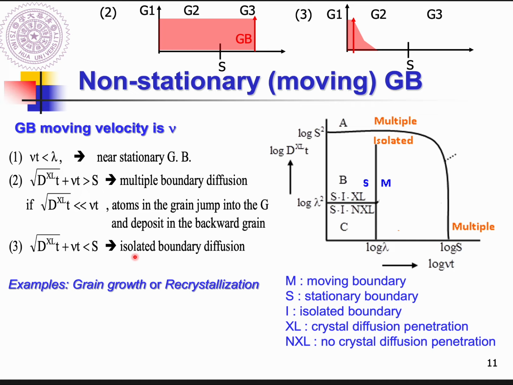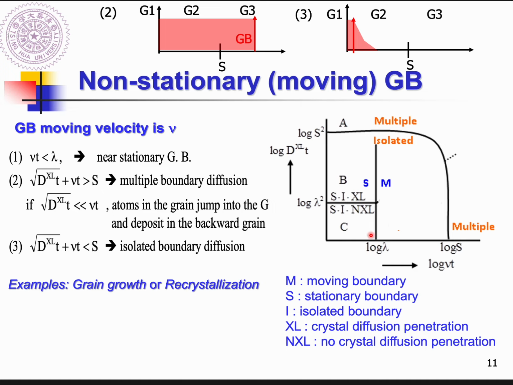So it can be region B and C. The pattern can be similar to region B or C, right? So the one we want to talk about is this region. And whether it belongs to region B or region C will depend on the Dxlt, right, whether it will be larger or smaller. That means Dxlt, the diffusion length inside the grain, will be larger or smaller. So here I just want to point out